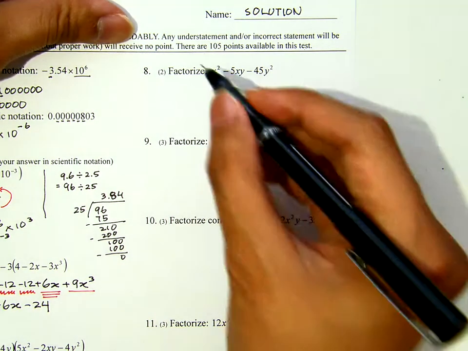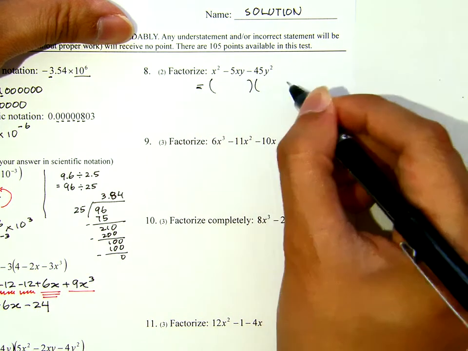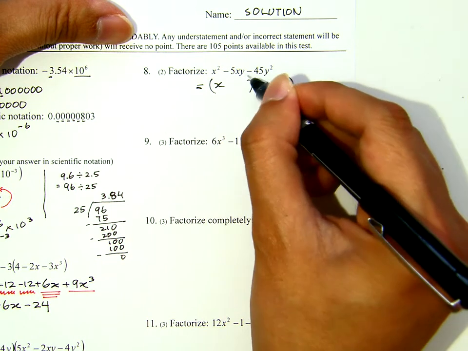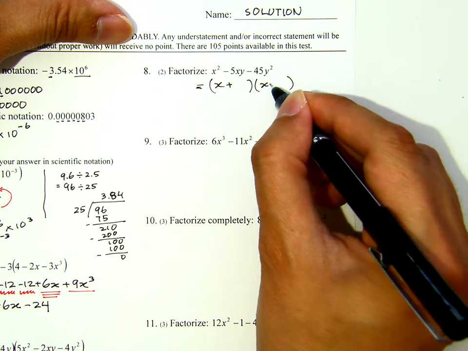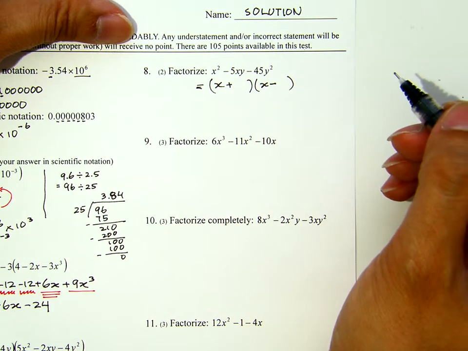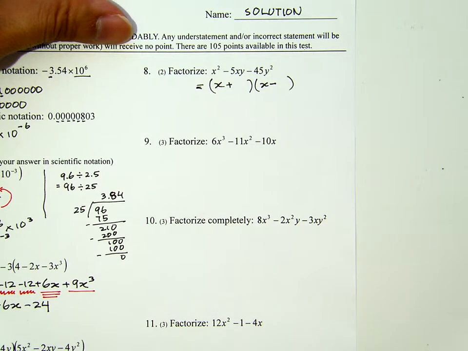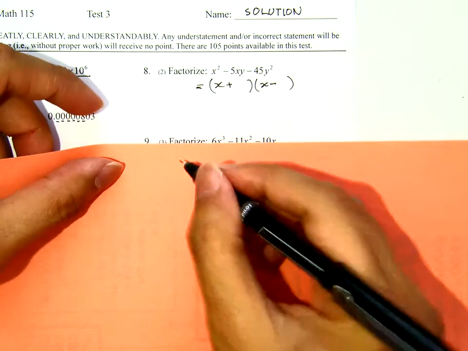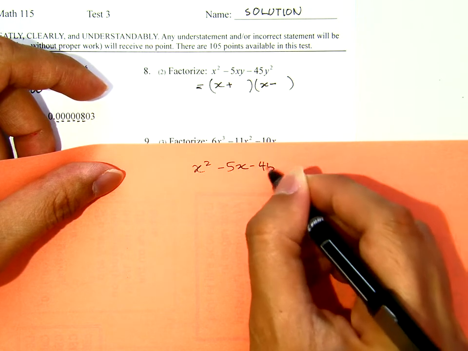Now if we think about this, we can do the first part right away. X squared must be x and x, and because the second sign here is negative, it must be plus and minus, because they have different signs. Okay, now yes, we get disturbed with the y's, but if you think about that, this is actually a prototype case. If you get rid of the y's for now, in other words, let's say we think of doing x squared minus 5x minus 45,